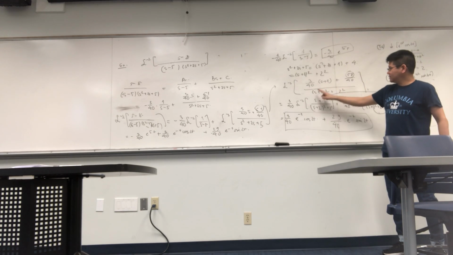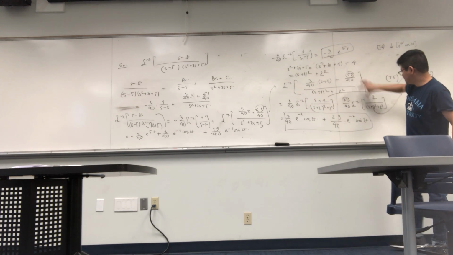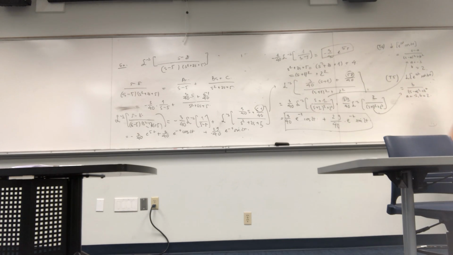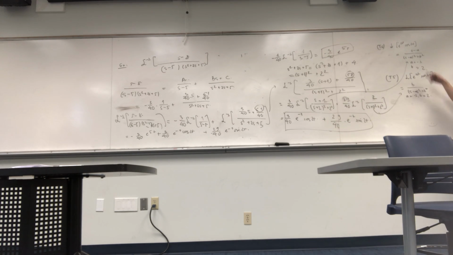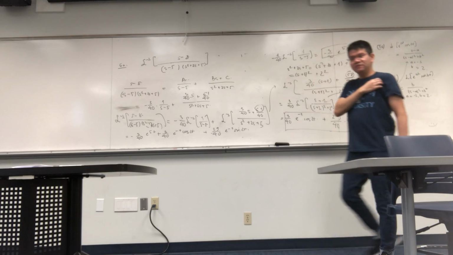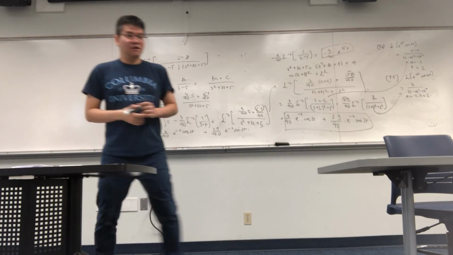So then you can compute the inverse Laplace transform of the first guy, which is this one, and the second guy, which is 2 over (s plus 1) squared plus 2 squared. Now you check the table. You see two formulas. The first one is e to the at cosine bt, s minus a over (s minus a) squared plus b squared. So you identify a with minus 1 and b with 2. Right? Questions? It's good? All right, so